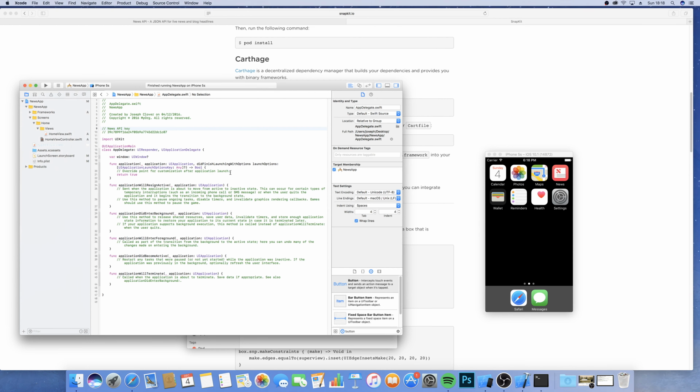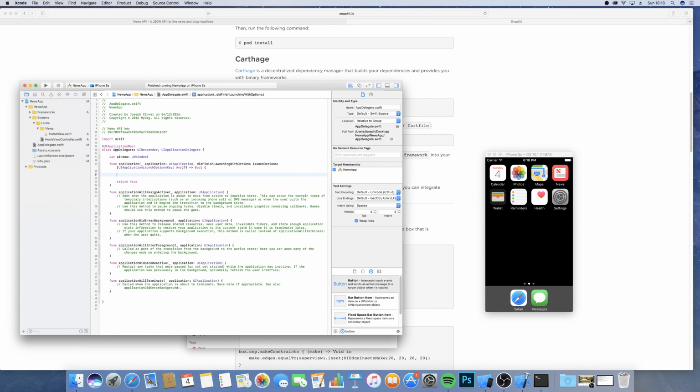We're going to go into this app delegate now, and in this launch method, we're going to say, hey, we need to make this home view controller our main view controller. So what I'm going to do is